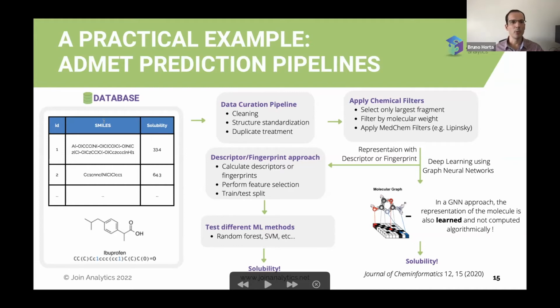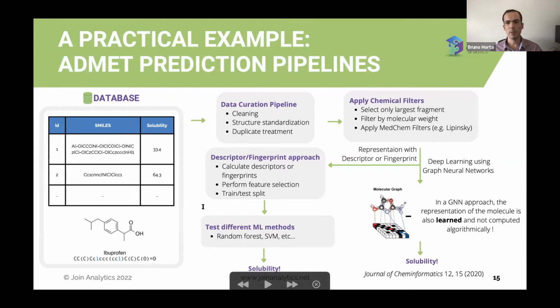So first of all, I have to curate your data. So clean the data, standardize the chemical structures, treat duplicates, and so on. This can be done using cheminformatics libraries such as RDKit, for example. Then you apply some chemical filters, like medchem filters, to remove some molecules that are uninteresting. And then you have two options. You can either